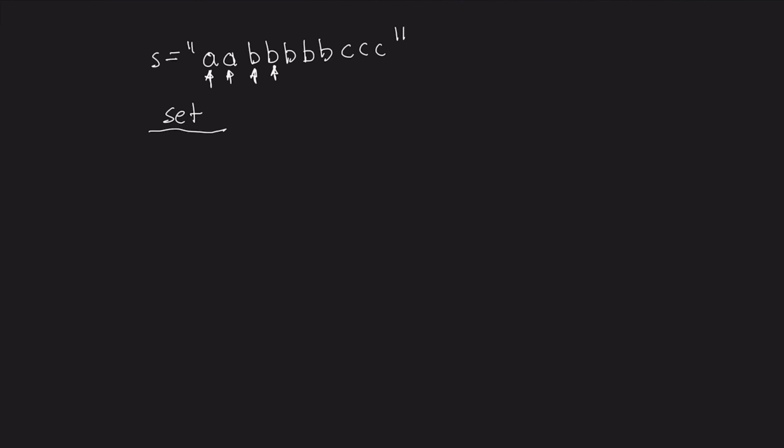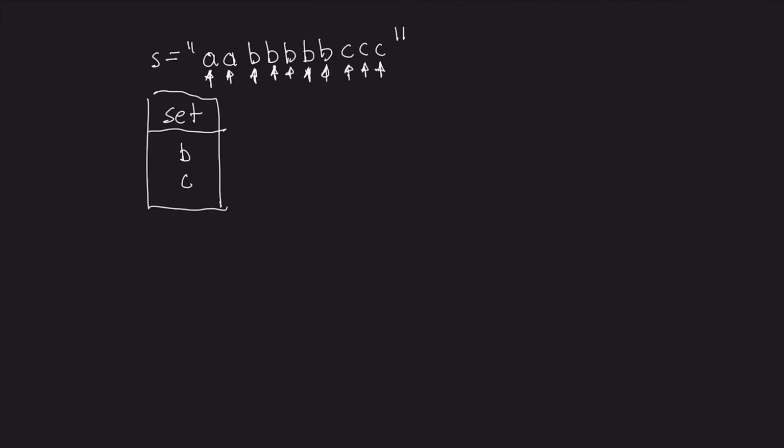And so on. We add B to the set. And since it is now there, when we move to the next B, we are going to remove it. And we have the final B. We add the B to the set. We move to C. C is not in the set, so we are going to add this. We have a second C. C is in the set, so we are going to remove it from the set. And when we move finally to the last C, C is not in the set, we are going to add this. And what we did is that we ended up with a set that contains the letters B and C,